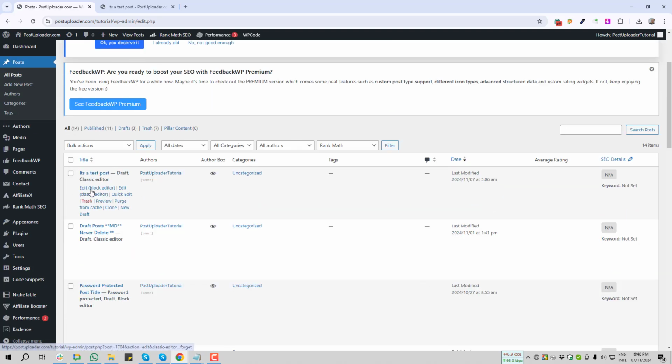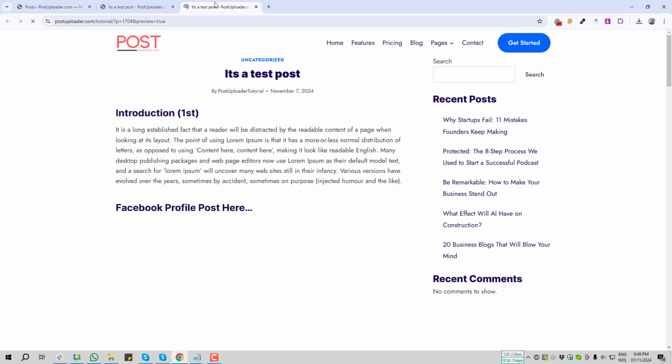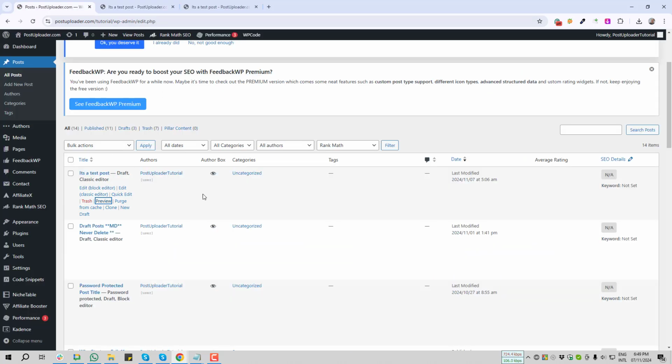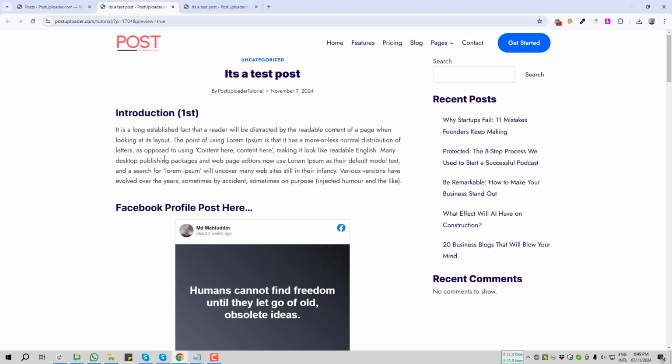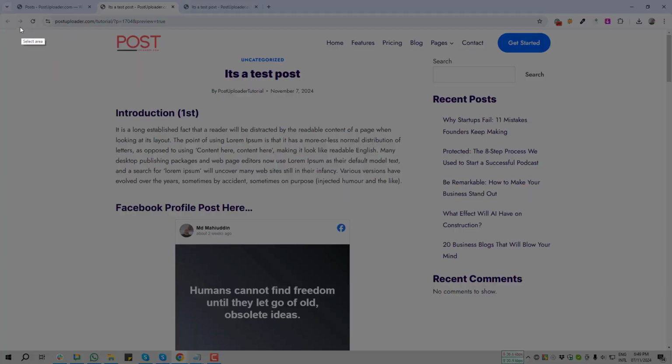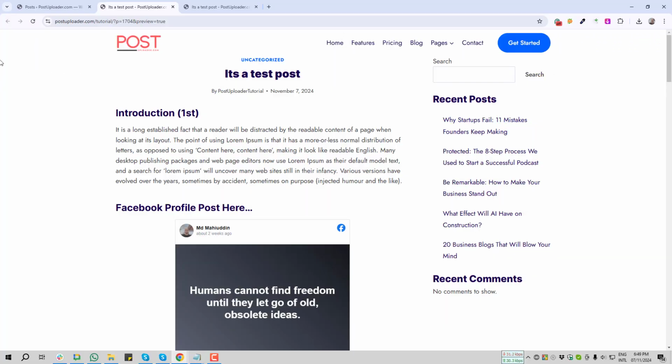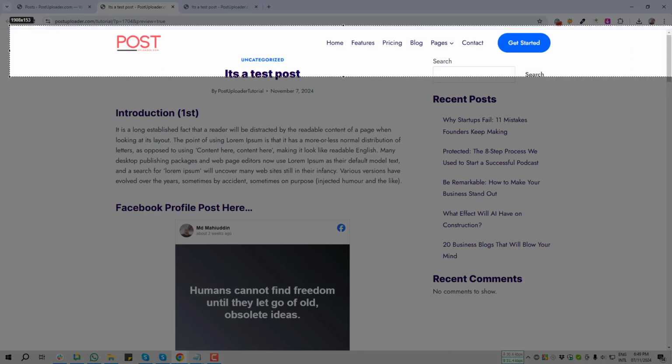and I am going to open this test post preview. This is the test post preview. So already I am logged in to my website, but when I am visiting this post, at that time there is no admin bar showing here. So if you want to make your blog site like this, then you can follow this